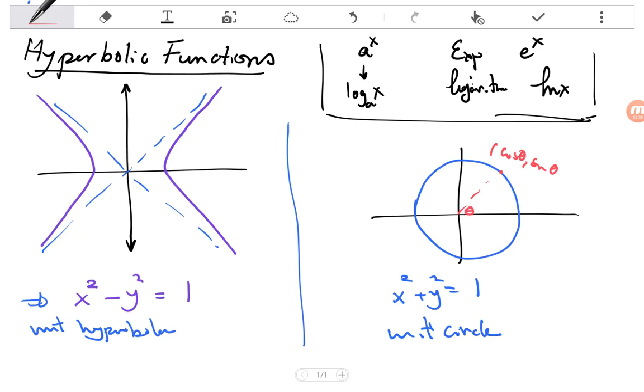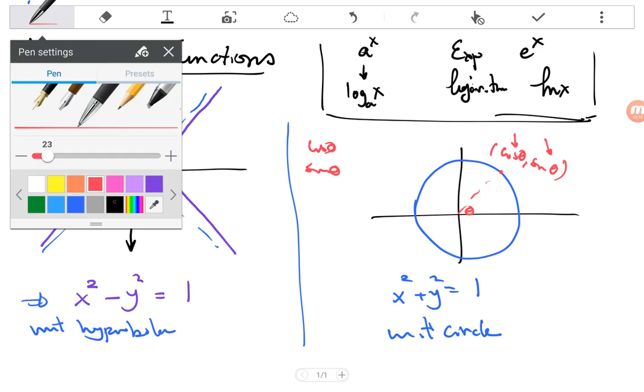So this is the angle theta. Whenever you are moving on the unit circle, the coordinates change according to cosine theta and sine theta. So the circular functions, cosine theta and sine theta, are the coordinates of a point moving on a unit circle. Okay, so let us define a new kind of functions,